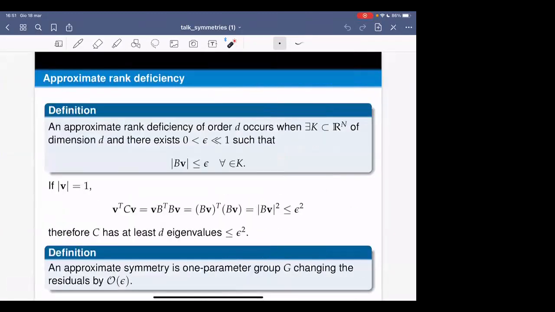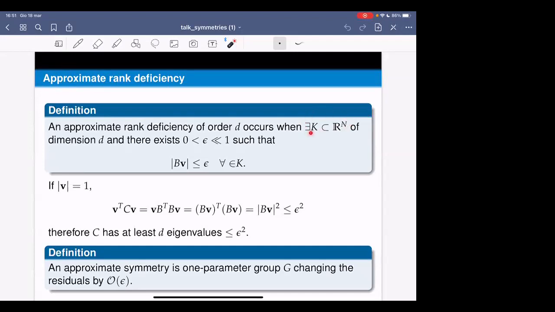But then again, life is real, and in practical cases we are never in a situation where we have an exact symmetry. If there is a symmetry, it is usually approximate. So what's an approximate rank deficiency? Well, it's almost a symmetry, meaning that